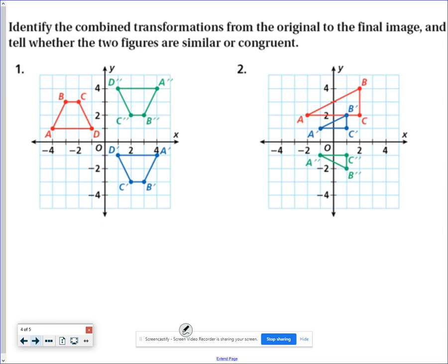This one is going to say, I've got this AD as my long segment, and it's on the bottom here, but it's on the top here. If I look at A, it's going from here over to there. We're going from quadrant 2 into quadrant 4. This is going to be a 180-degree rotation. And since it's 180, I don't care if it's clockwise or counterclockwise. So we have a 180-degree rotation